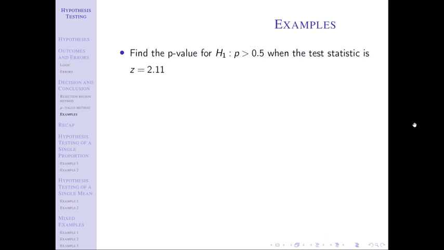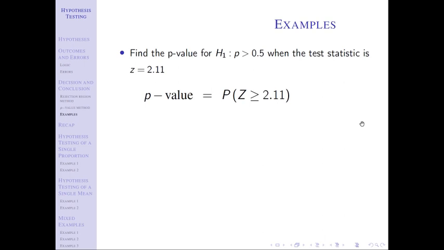It's a probability statement, and so I'm going to say it's the probability, and I've got to have three pieces here. Because this is a proportion problem, I know that my test statistic will be a z. I know what symbol to use because I have a greater than alternative. That's a right-tailed test, so I'm going to say greater than on my probability statement, and then my test statistic is 2.11, and so that's how I write my probability statement.